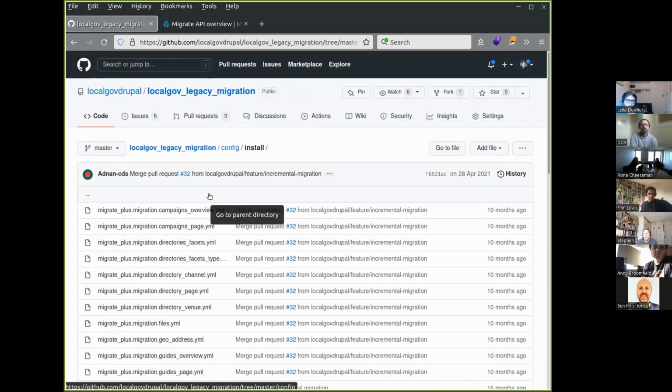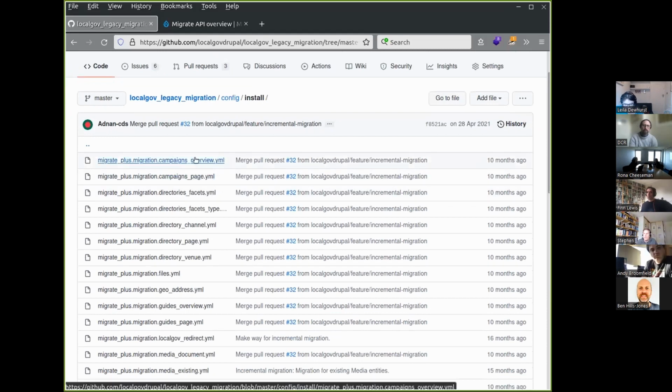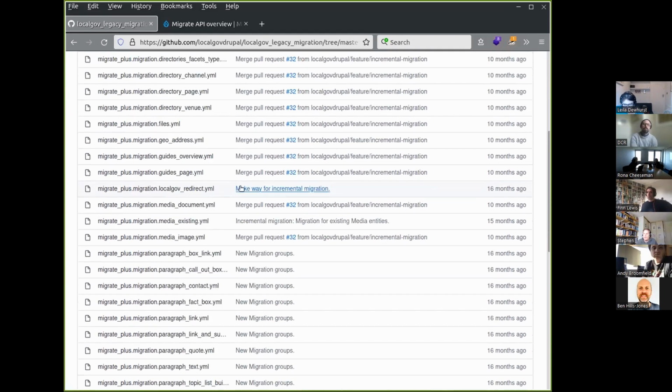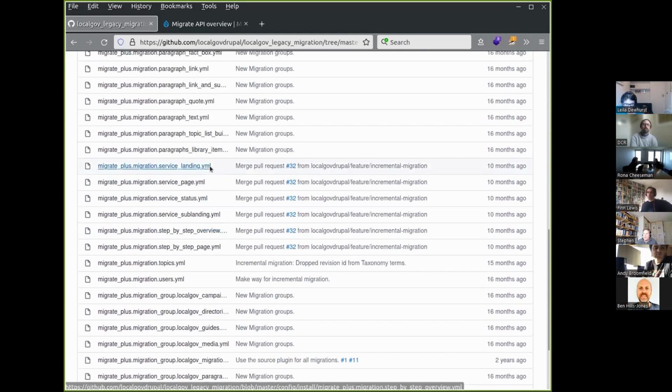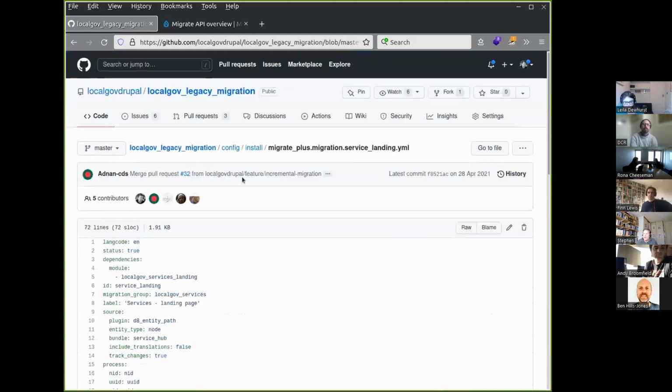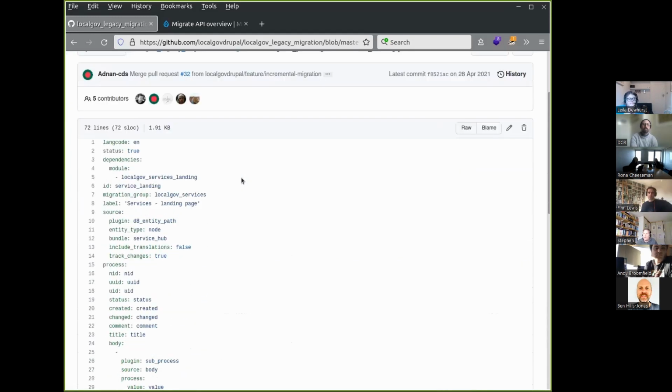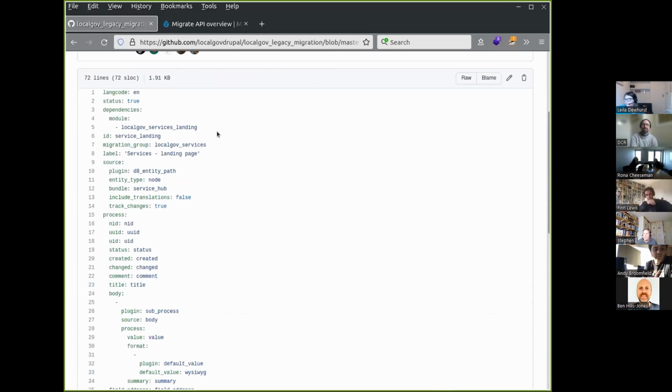A Drupal entity can be seen as a line in a database, really, a line in a spreadsheet. It's content, and an entity type is a kind of database table. It is a thing like a node. So if we find, for example, a landing page, where is service landing page? This will mean nothing to anyone who's not a techie, but we